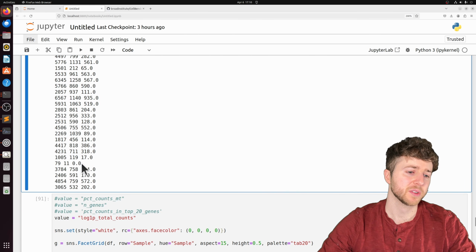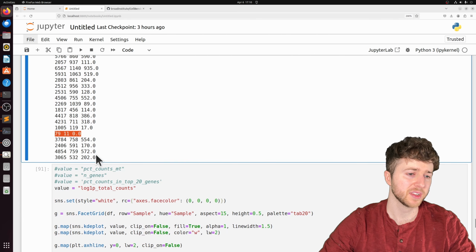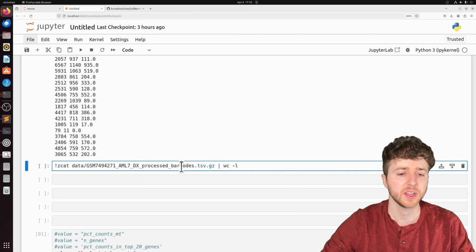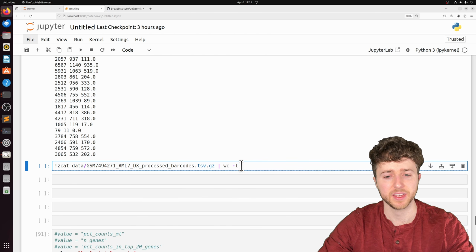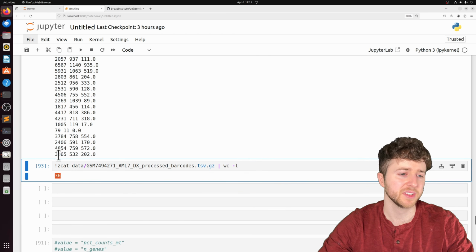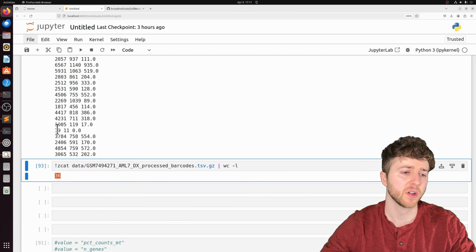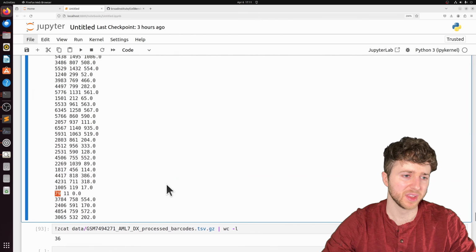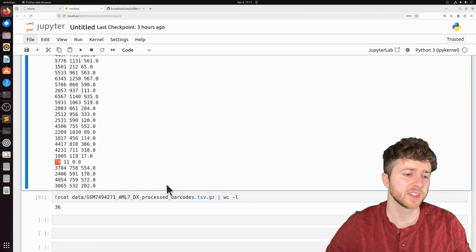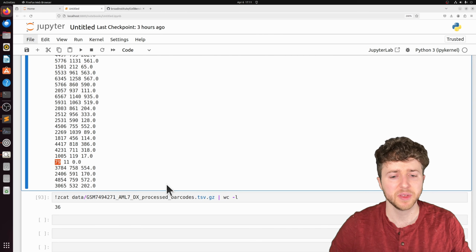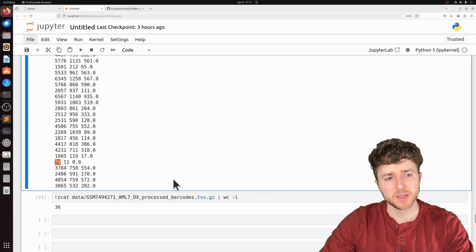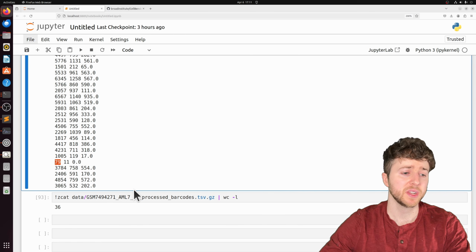So I did also check this sample here during that. If we look at the actual processed barcode list for this sample, so what CellRanger actually called a cell from this sample, there's only 36. So it's not something that we did wrong in our pre-processing. It's just that there is some variability in these samples, and it's hard to say. I'm not the one that collected them, so it's hard to say where this variability comes from. It might have been unavoidable based on sample collection, etc. But the pre-processing is fine, so we didn't do anything wrong.